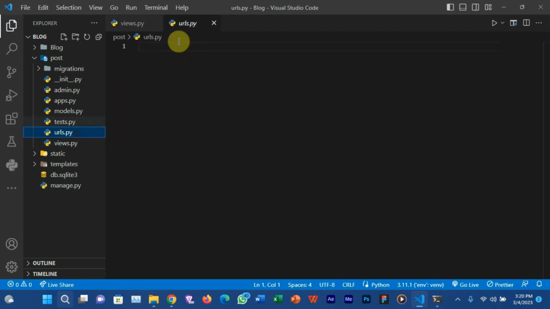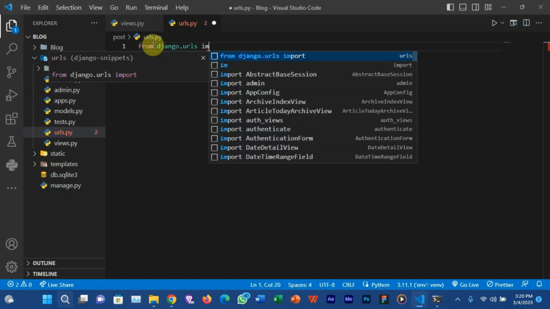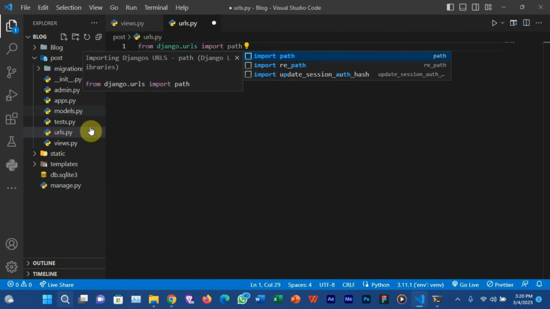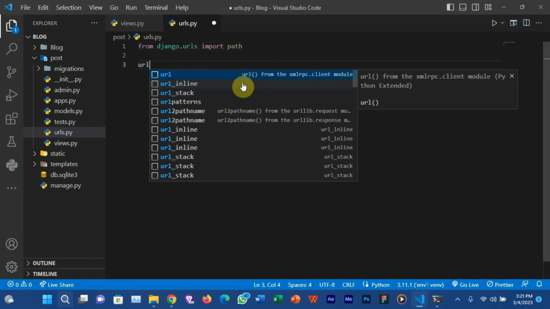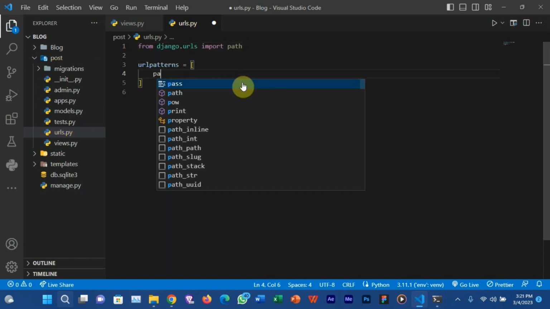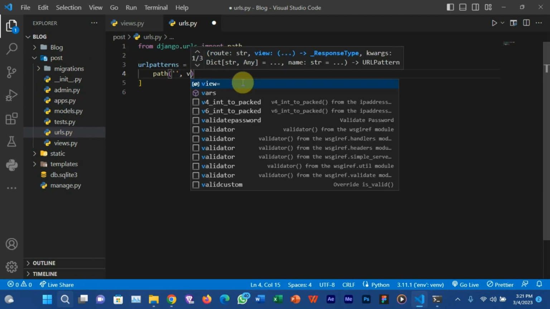Now we need to add it to our urls.py file. So just from django.urls import path so that you'll be able to add this path to our URLs. In urlpatterns, path, we leave the first one as blank because that's our home page.